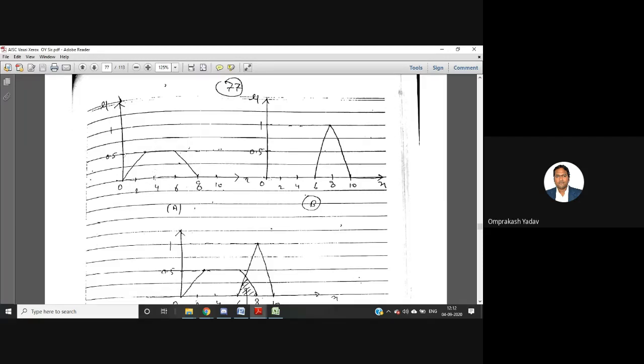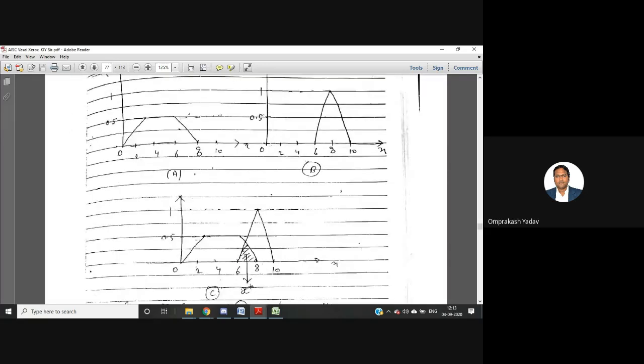So somewhere at 4, it will be the middle point. I'll multiply this particular area by 4. Plus, again, I'll take out this middle point from the 0 point. From the 0 point, I will take out the distance of this particular middle point, and I'll multiply it by this area, the entire area, and then I'll sum it together. Then I'll divide by the area of this one plus the area of this one.